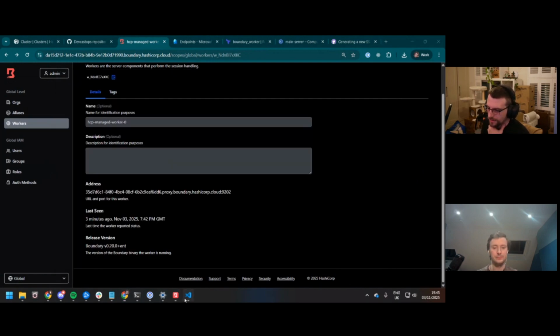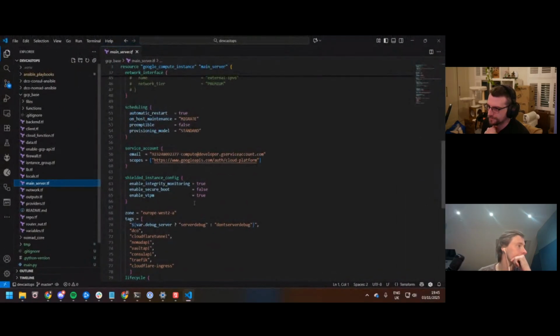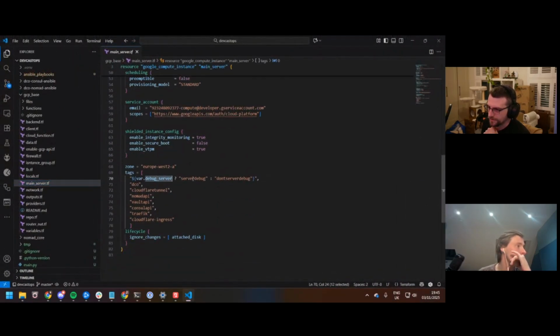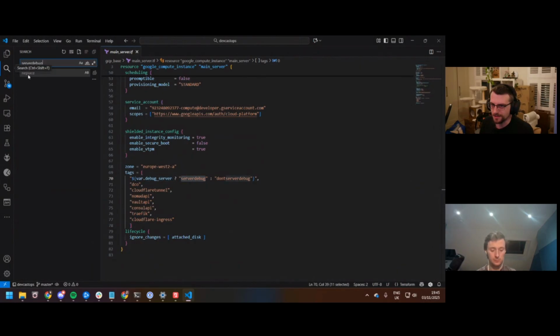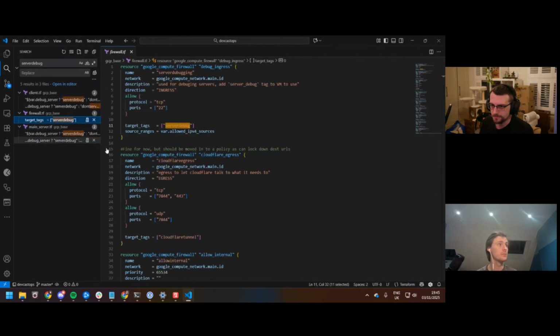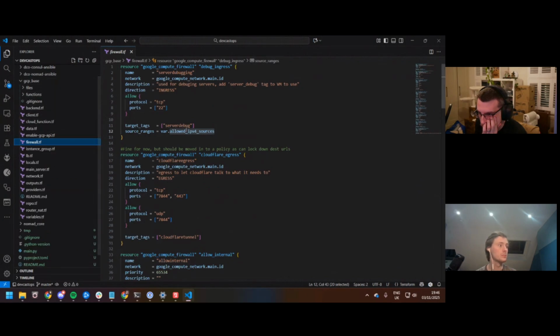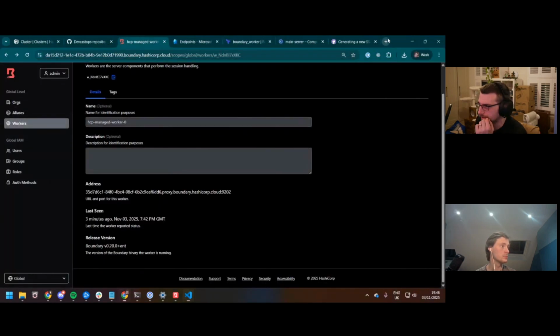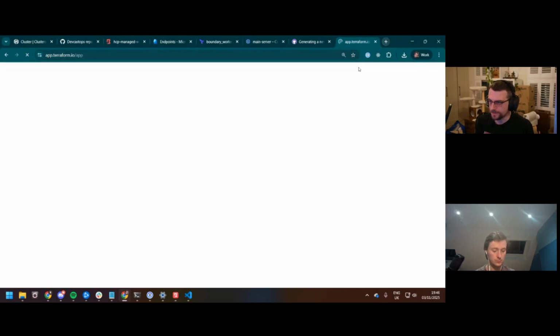For now, I think we just open it up and we can worry about locking it down later. Because we've got, I think, debug server, if I remember correctly, does just open it up. Yeah, debug server. So I can just change a variable. Oh, well, that's allowed IP sources, which again is a variable. So if I just go to app.terraform,